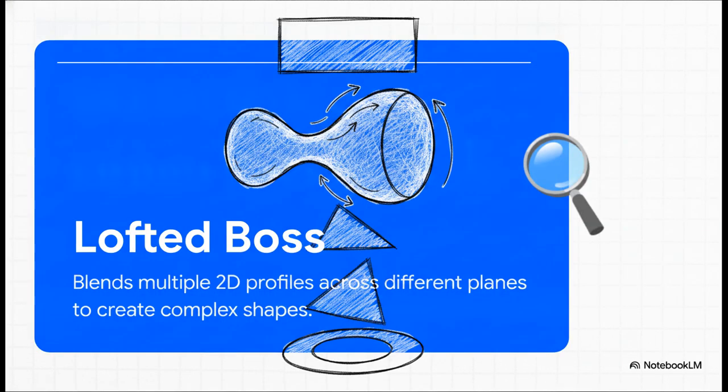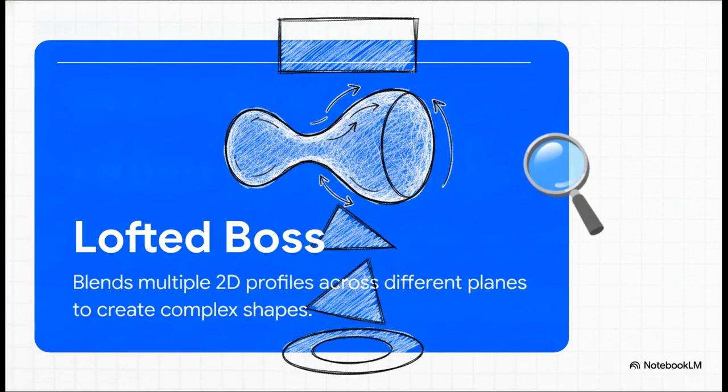But wait, what if the shape itself needs to change as it moves? The crucial point here is that a lofted boss allows a shape to organically morph. You draw multiple different 2D profiles spread across different planes. So you could transition from a circle on the bottom plane to a triangle right in the middle and up to a rectangle at the top. The software calculates the solid mass and organically blends it through all of those different profiles, giving you some incredibly